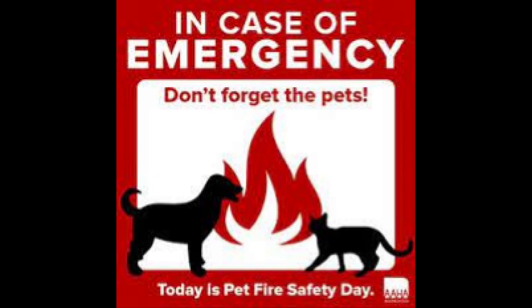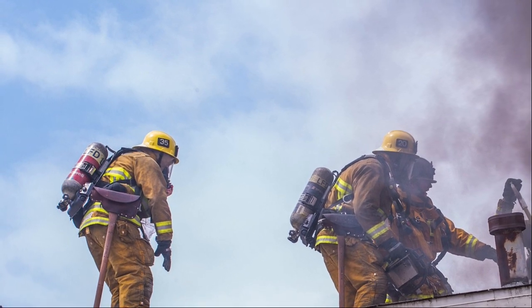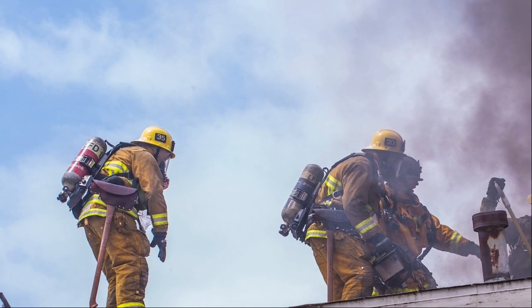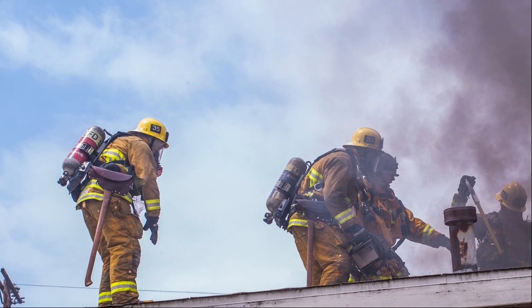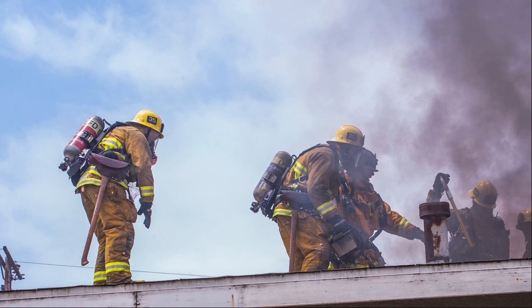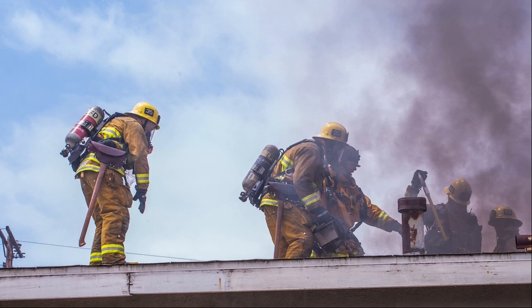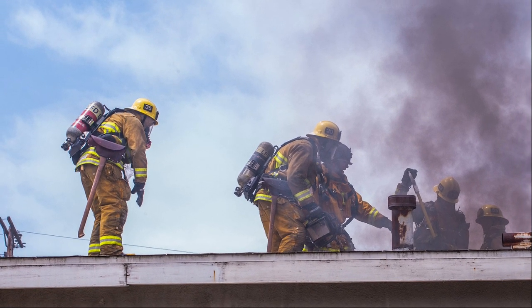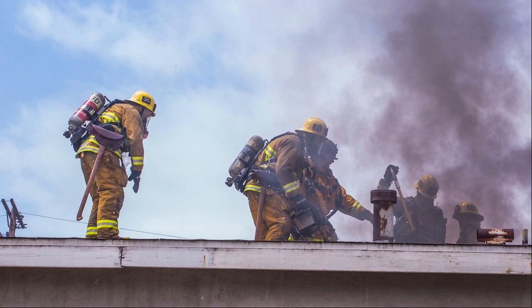In addition, we're primarily there to extinguish the fire. And if we extinguish the fire, we take the threat away from the animals. So that's kind of where our mindset's at. If that's in the back of our mind, hey, there's still 2 animals we need to look for, we will discover those animals during a primary or secondary all clear. What we like to do is just put out the fire as fast and safely as we can every single time, because that keeps us safe, that keeps the occupants inside, and also the animals safe